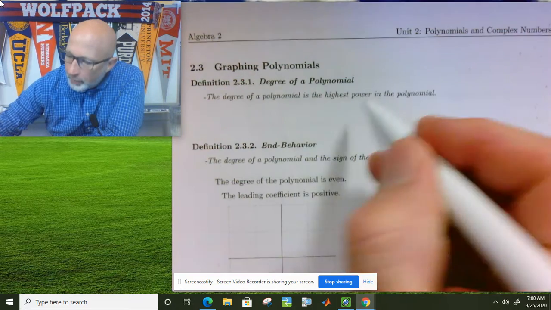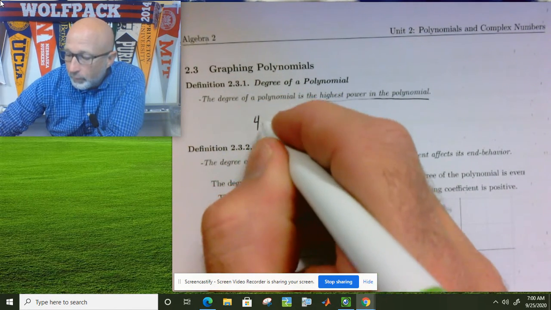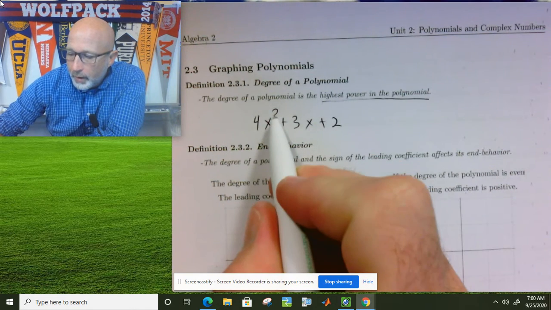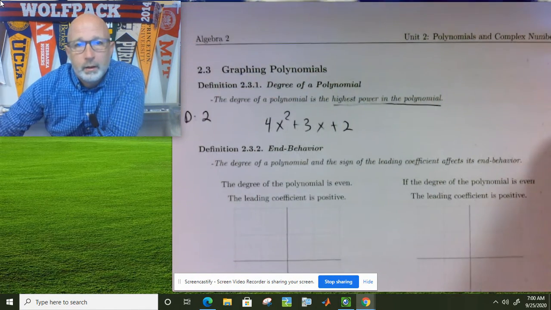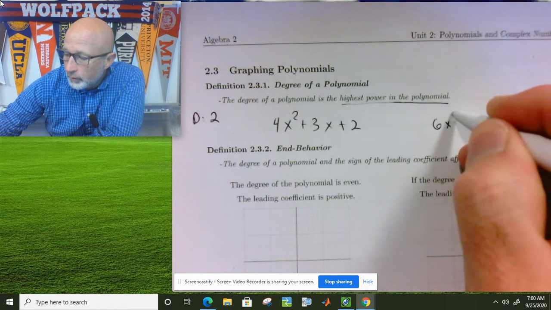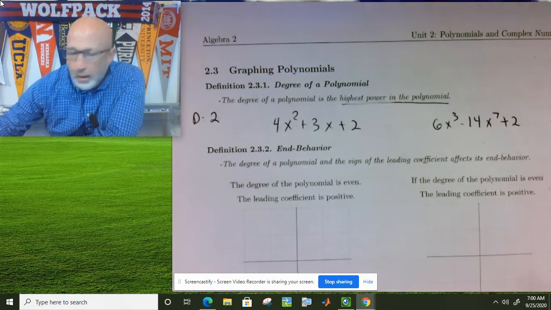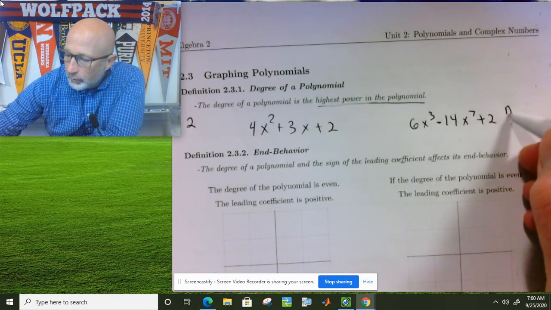It's the highest power of the polynomial. So if you have something like 4x squared plus 3x plus 2, the highest power here is 2, so the degree is 2. Okay, if you had something like 6x cubed minus 14x to the 7th plus 2, the highest power here is 7, so the degree of this